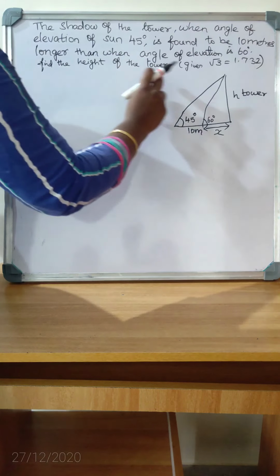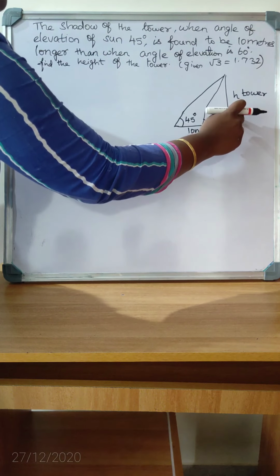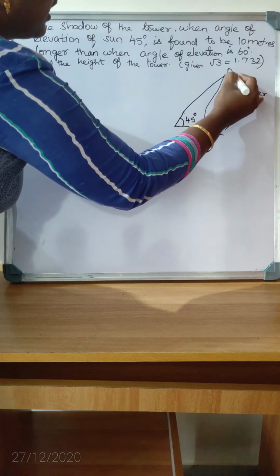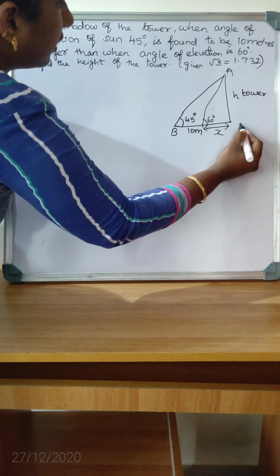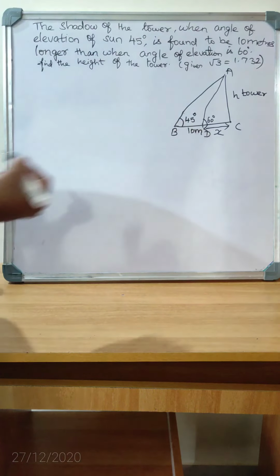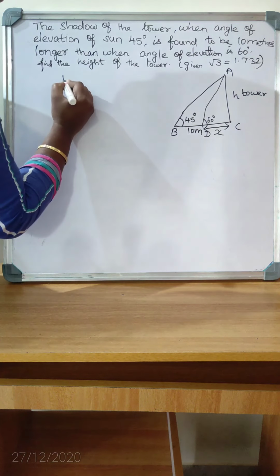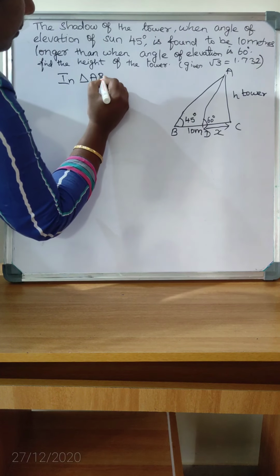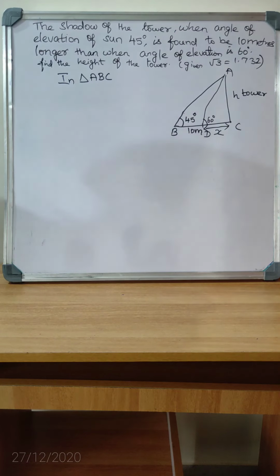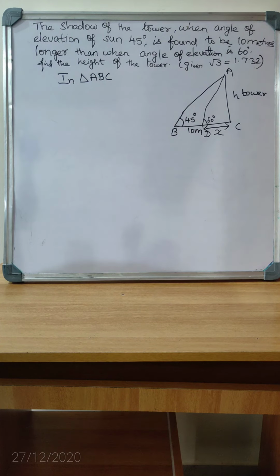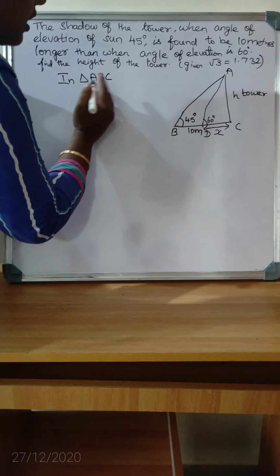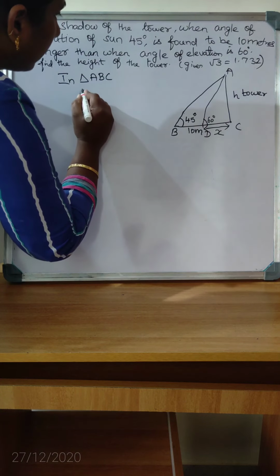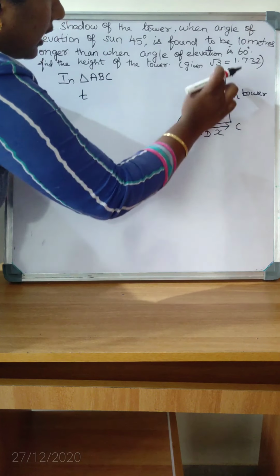We are about to find the height of the tower. So first we are naming the triangle. I have taken the triangle as triangle ABC. In heights and distances, the important note is that we always use the trigonometric values for tan and sine. So in triangle ABC, that is the bigger triangle,